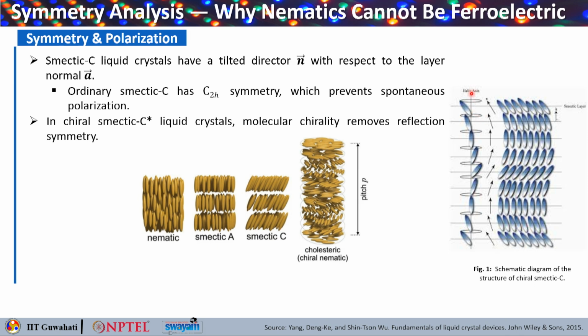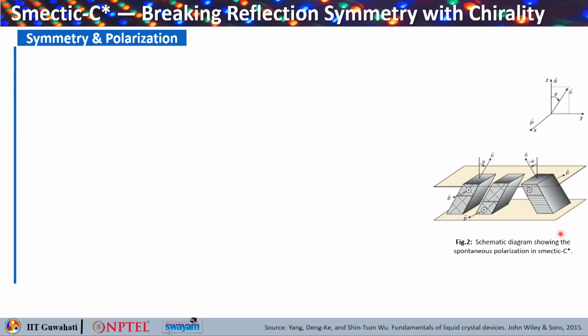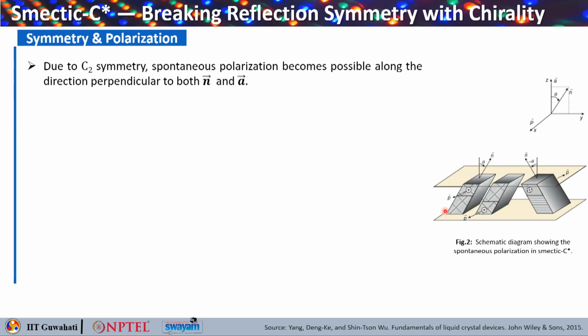This is the helix axis. This is the schematic diagram of the chiral smectic C. Now what happens here, due to C2 symmetry, spontaneous polarization becomes possible along the direction perpendicular to both n and